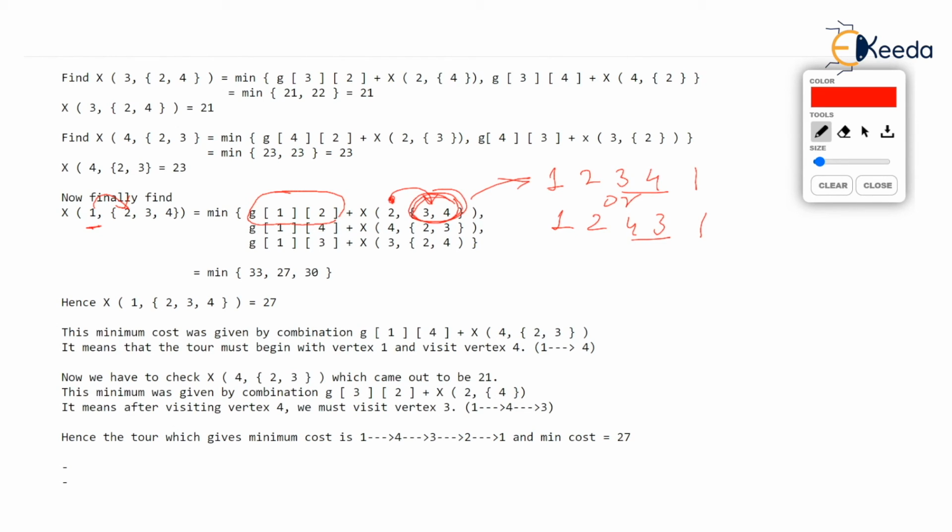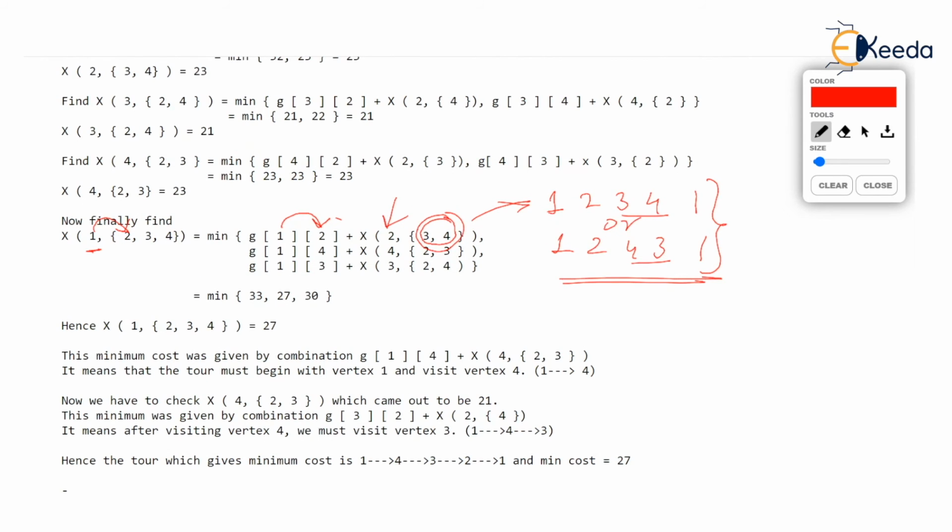But the nice part about this is that if you are saying that your travel begins from 1 and you go to 2, and from 2 you want to go to 3, 4 and then come back to 1, then you don't have to find the best out of these two possibilities, because you already found the best cost that you will get if your travel begins with 2 and then visits 3, 4 and comes back to 1, and that value is given by x 234, which we have already found in the earlier pass, which was 23, isn't it?